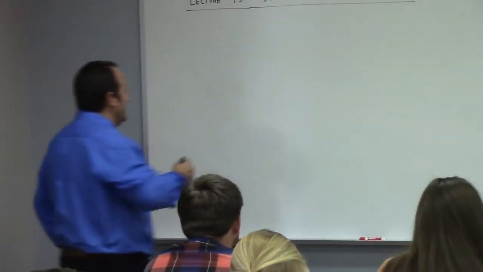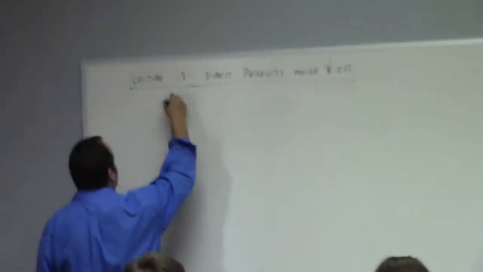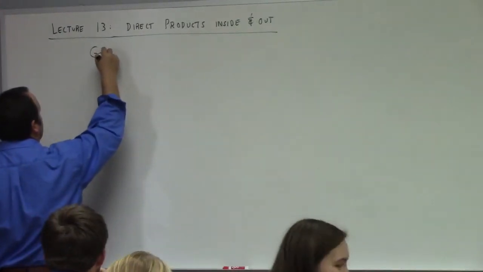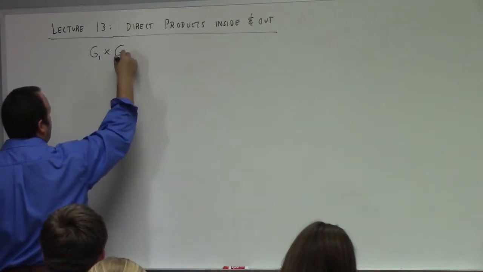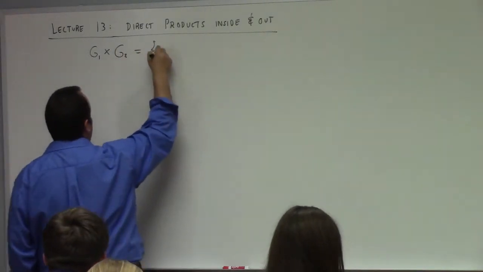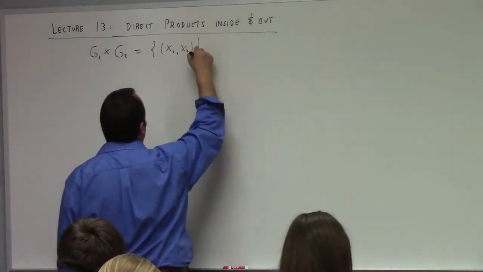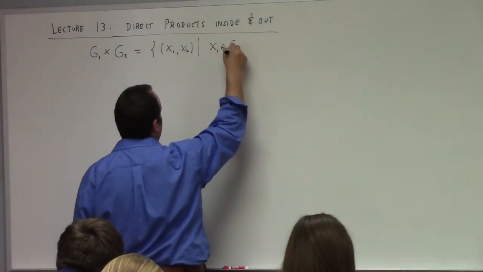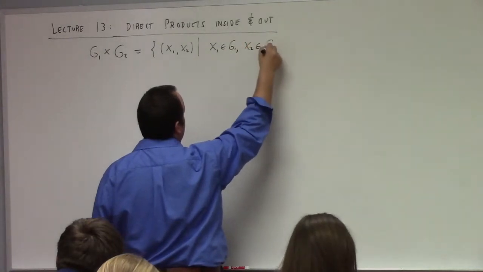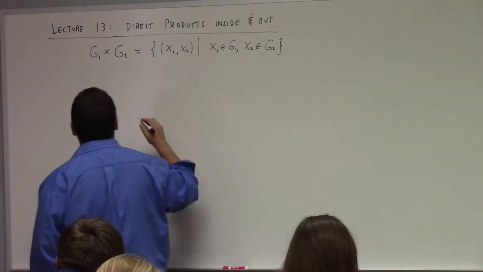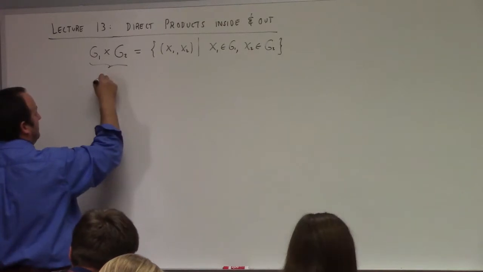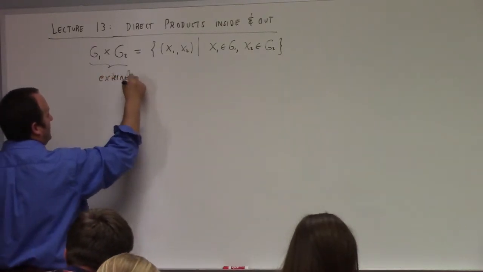Let's see here. So we have actually already introduced the concept of a direct product. We talked about the so-called product group, right? You guys remember? We have group G1, and we take the Cartesian product with group G2. This is the set of pairs (x1, x2) such that x1 is in G1 and x2 is in G2. This is what I would call the external direct product